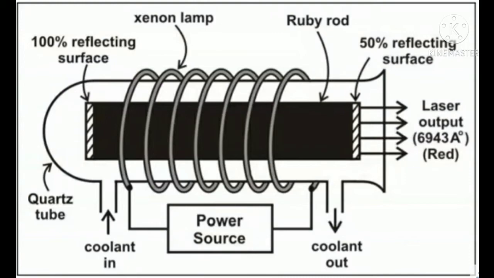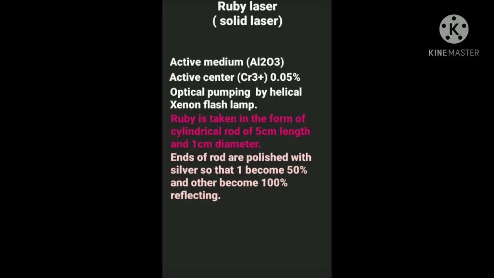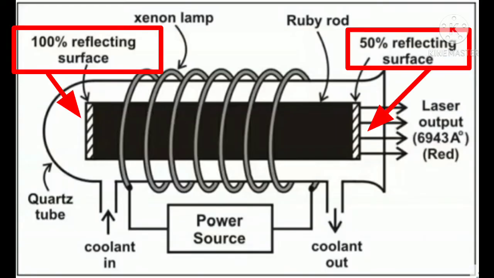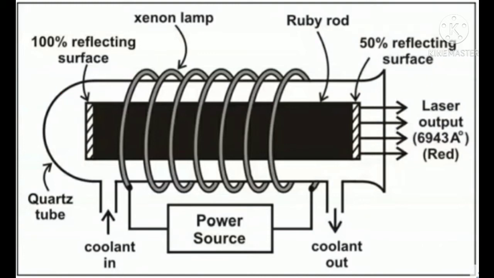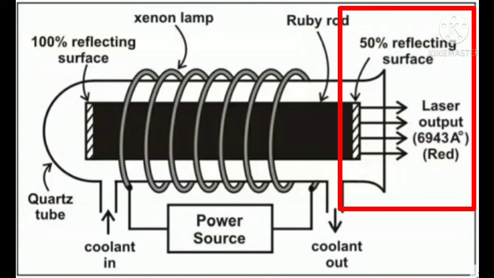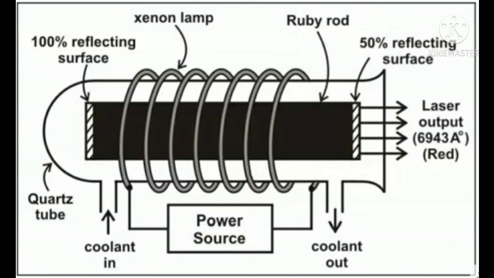The next point that we have to discuss is how and where the optical resonator is used in ruby laser. The ends of the rod are polished with silver so that one end becomes 50% and the other end becomes 100% reflecting, and these ends act as an optical resonator for our laser. Here you can see the 100% reflecting surface and the 50% reflecting surface. From the 50% reflecting surface you can see the output, which is red in color because its wavelength lies